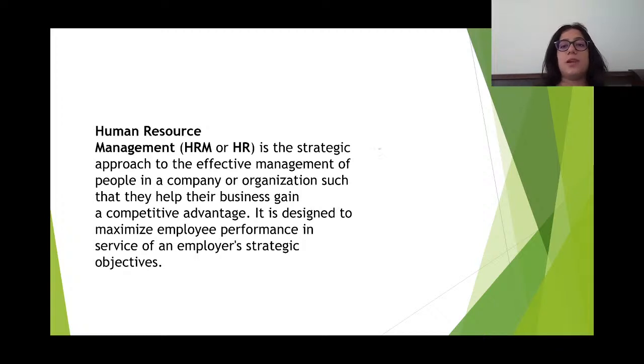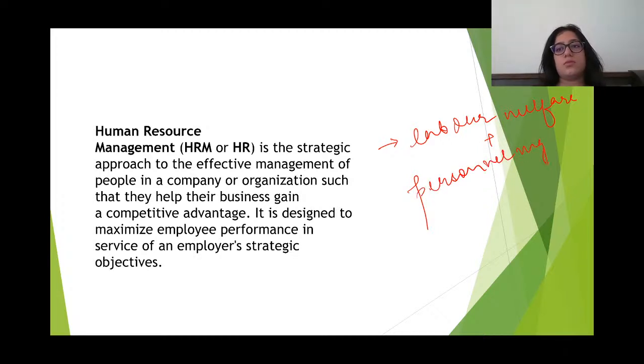So it has replaced the concept of labor welfare and the concept of personnel management, right? So when we talk about human resource management in modern management,